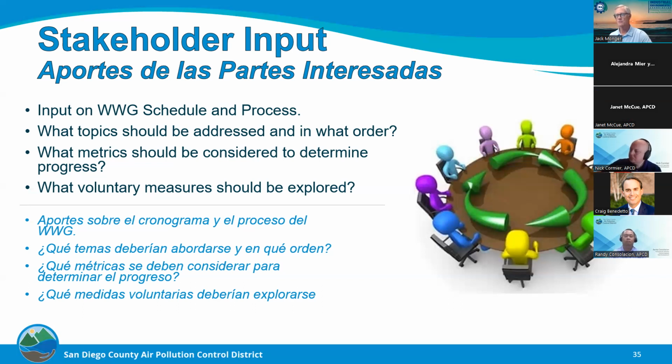But if we were going to be able to measure any effectiveness of an ISR, we would need to be able to distinguish those emissions that were occurring. We already know from data that's been collected by the mobile sampling program that the district did a couple of years ago, that there's an enormous percentage of the emissions, I mean, it's just overwhelming, that is occurring along Interstate 5. And so I think it would be very helpful to us to be able to distinguish and differentiate some of those sources in the future to really understand how effective the program is.